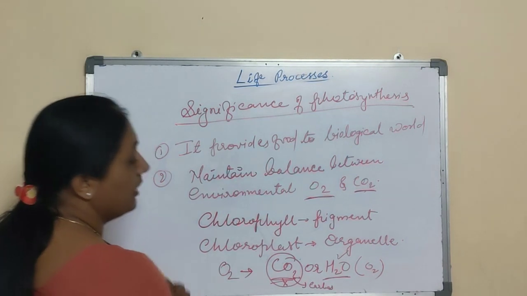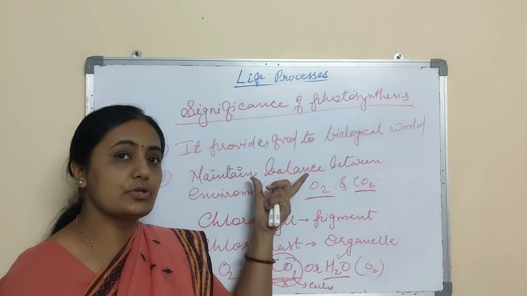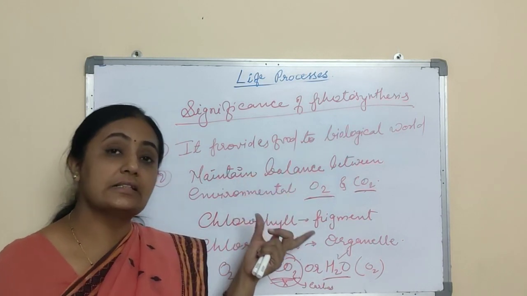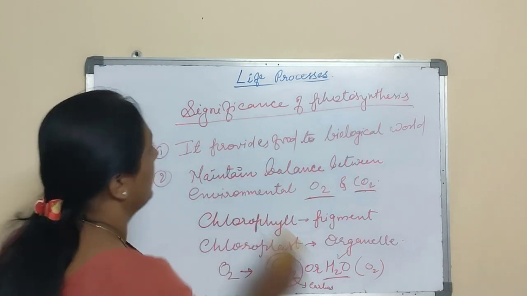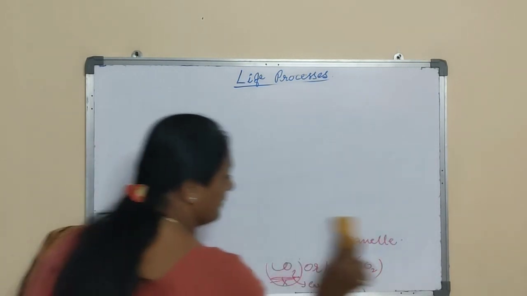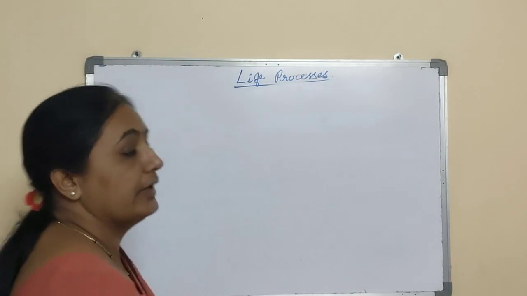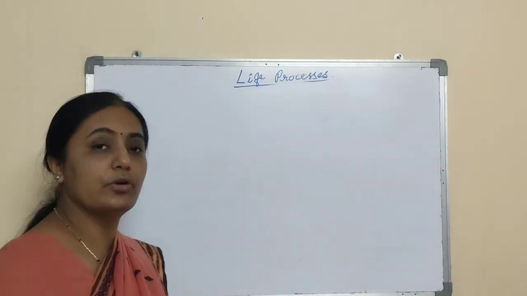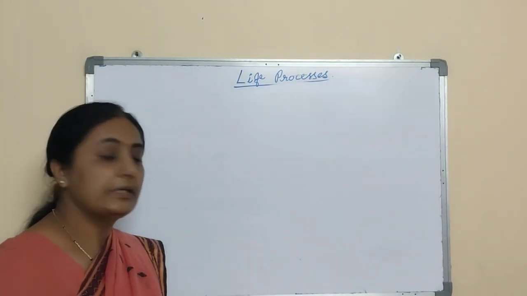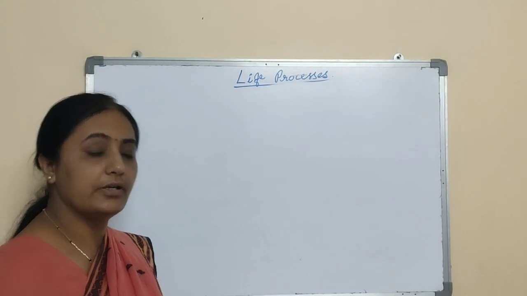So this is all about the process of photosynthesis, and in this way the process of photosynthesis is carried out in plants for synthesizing their own food material. The next topic is related to this nutrition part. One is the autotrophic mode of nutrition, in which we study photosynthesis, and another part is the heterotrophic mode of nutrition, in which the organism depends on other living things for its food. That part we continue in the next class.